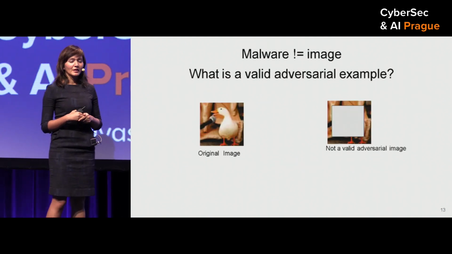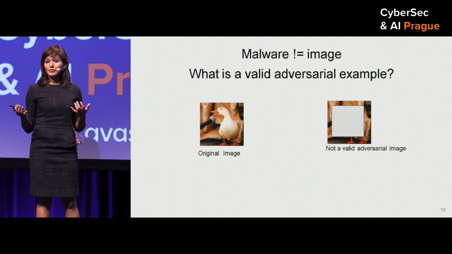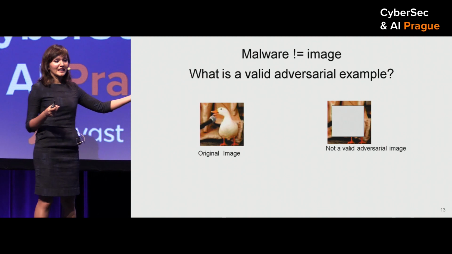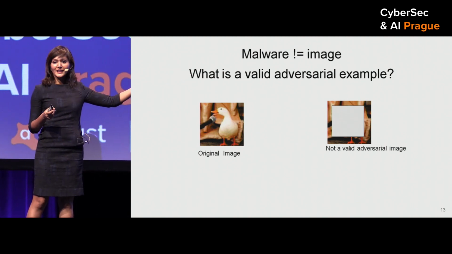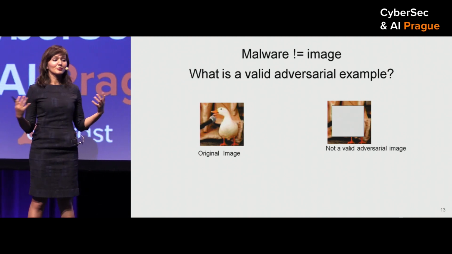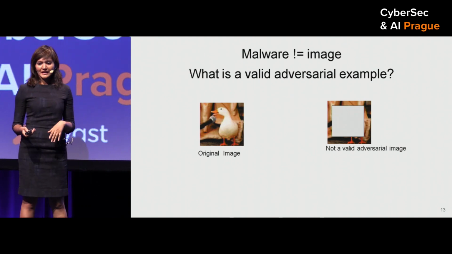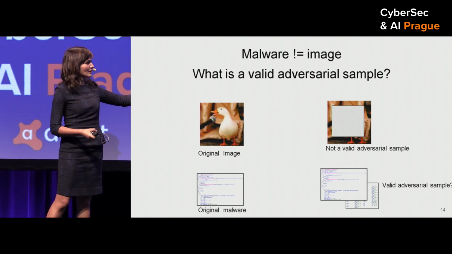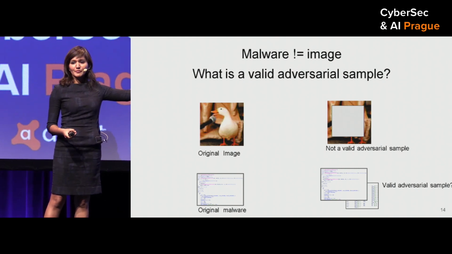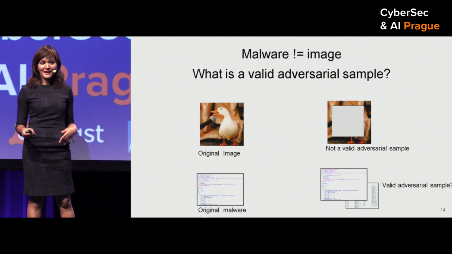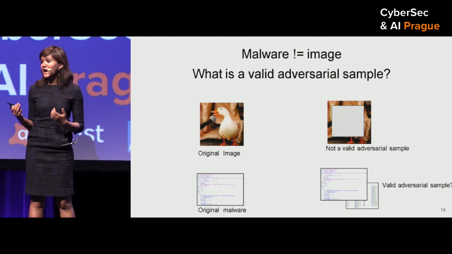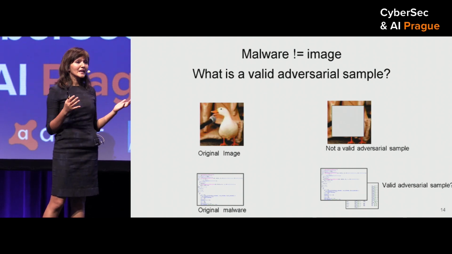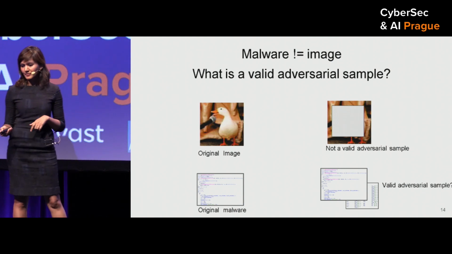Most importantly, though, evaluating an adversarial example for images is very intuitive for us. For example, if a classifier cannot find a duck in the picture on the right side, none of us would be surprised because we cannot see a duck there. But if I tell you that on the left side, this is an original malware code, can you tell me if the right side is a malware code or not? No, because evaluating malware takes a lot of time and effort. And in some cases, it could be impossible because we need to recreate an environment where the malware can work.